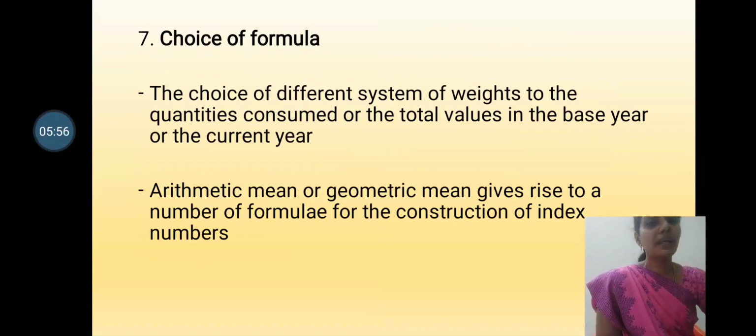So to be very precise, before constructing index numbers, the following points must be thought of very carefully. The purpose of the index number must be very clearly decided. The period that is selected as base should be normal. That is, it should be free from abnormalities. Then third one is the base period should not be too distant in the past. Then fourth one is, while selecting the base, a decision has to be made as to